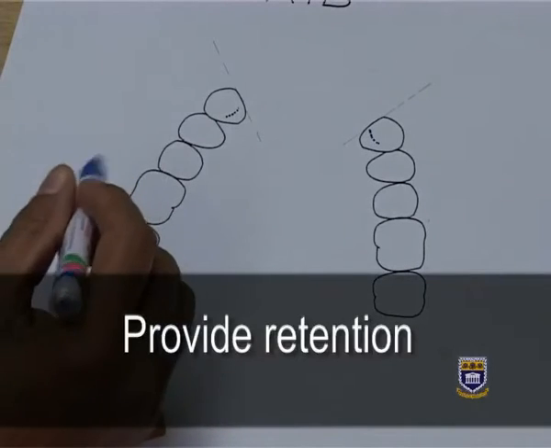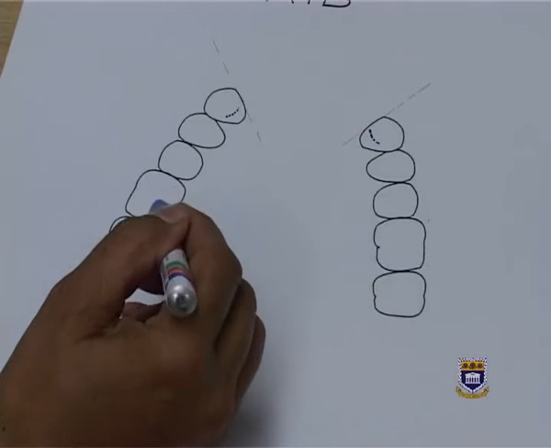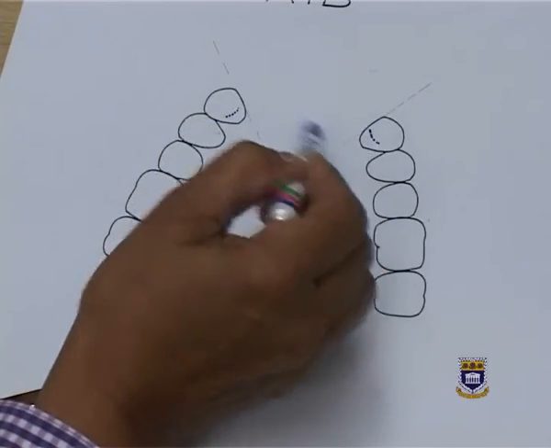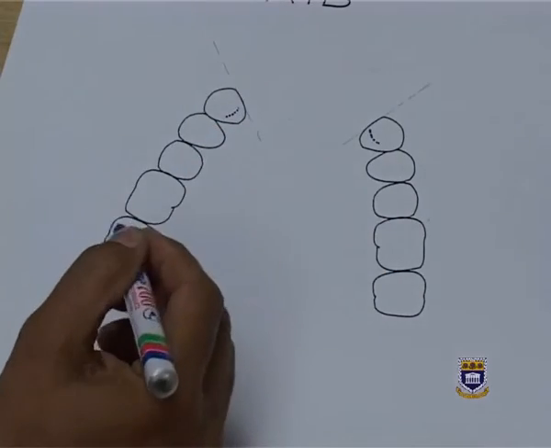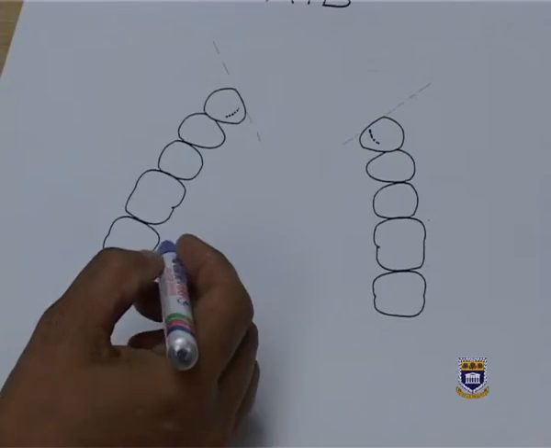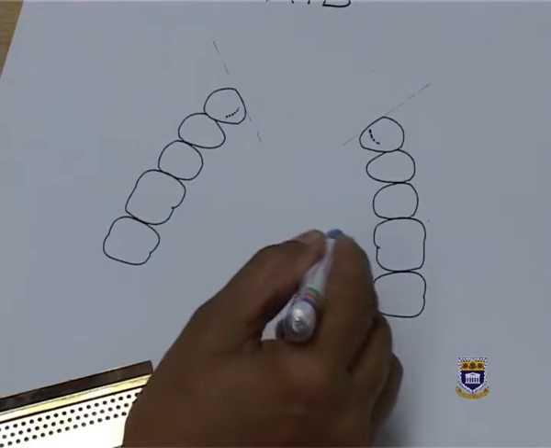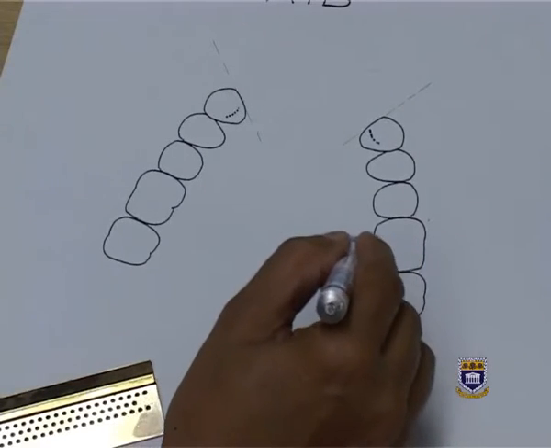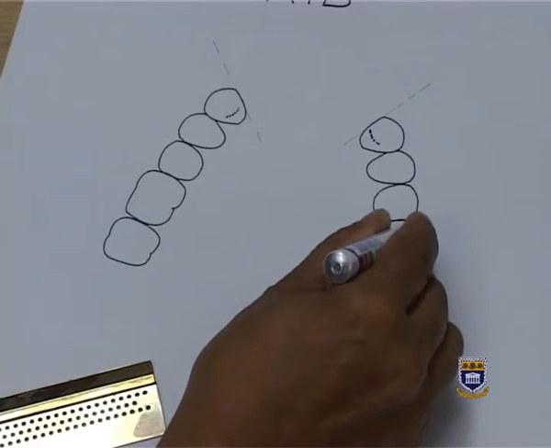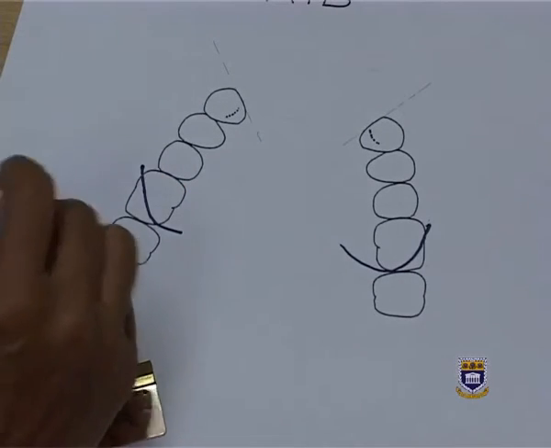The next step is to provide retention, and retention has to do with preventing the denture from being removed or displaced along the path of insertion. We have identified our guide planes, and we have done that on the surveyor. The next step is then to provide active retention, which has to do with clasp and undercut. If I look at this, usually in a class 4 situation, the first option or the best option will be to use mesial undercut. So here I will use mesial undercut on my 6s, my 1/6 and my 2/6,